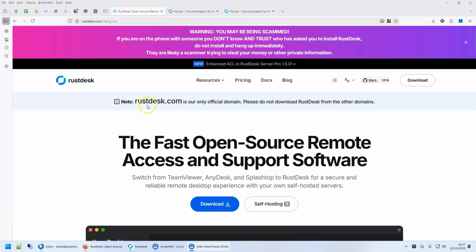Why I say this is, if you go to the official rustdesk.com website, you see that they have put many warnings here that this is their only official domain, do not download it from any other domain and things like those. So my guess is that hackers have put up lookalike domains, probably rust-desk.com or rustdesk.org or something that looks alike. Alright, so we need to make sure that we don't have any malicious code, and whatever we do with the